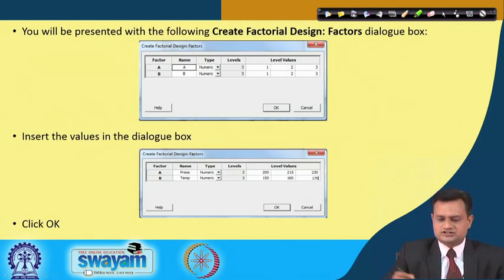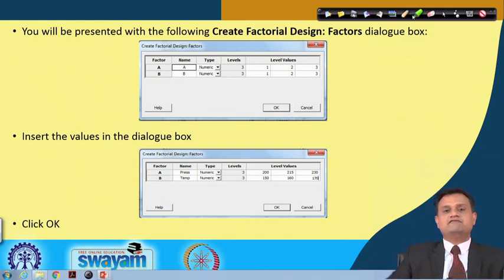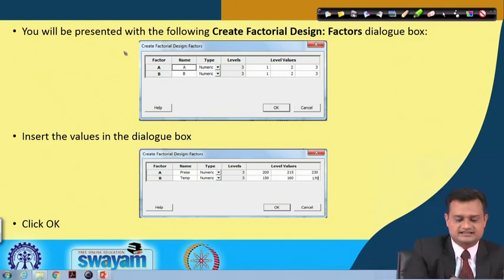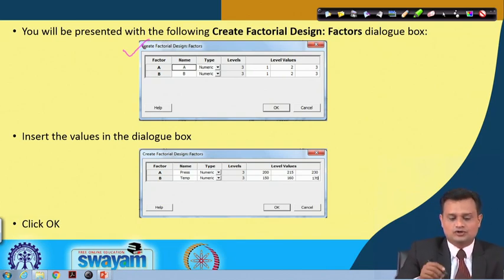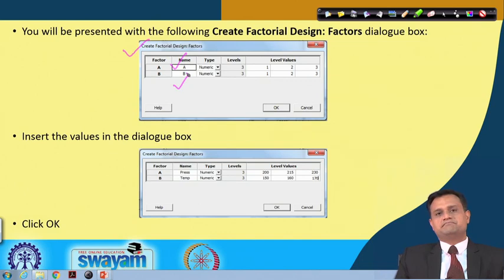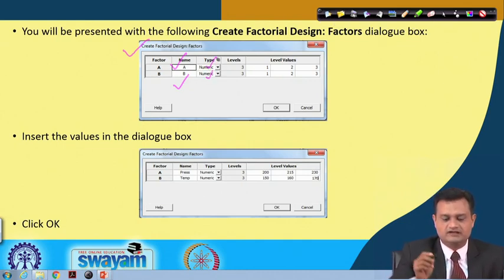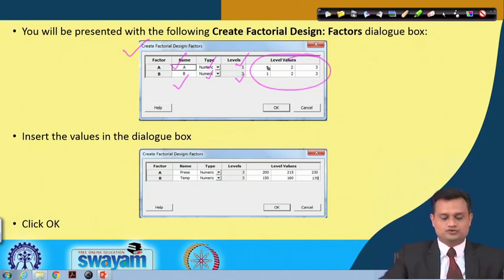This is what is specific to our problem, so that you should not get confused. Now you will be presented with the Create Factorial Design window. You have factor A and factor B, pressure and temperature, and they are numerical, so you just select numerical. Level 3 and 3, and you have the level values 1, 2, 3 and 1, 2, 3.